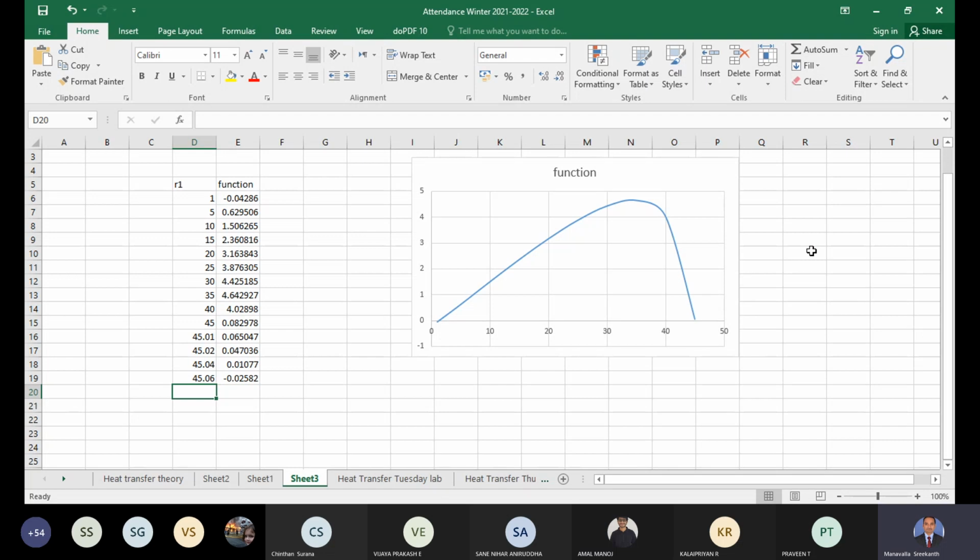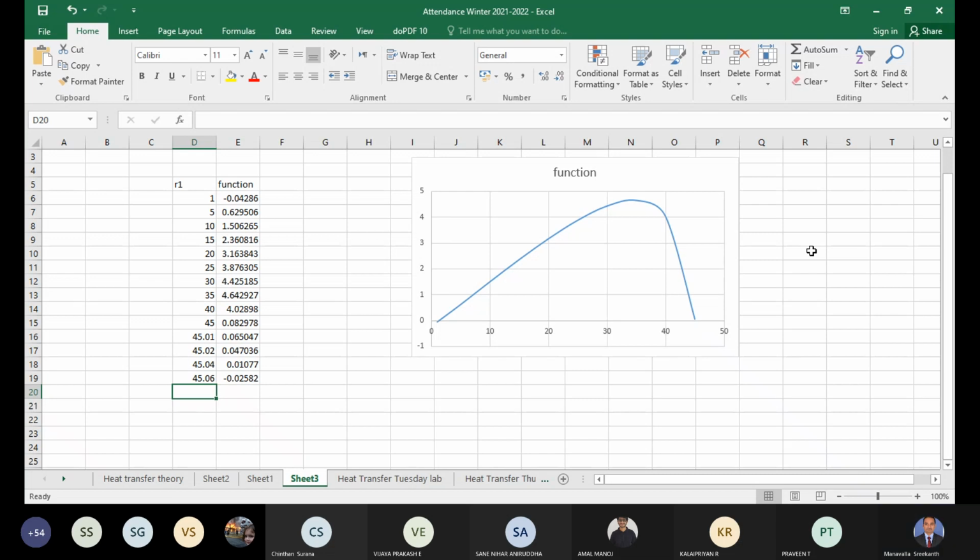Why I have to do all this exercise is because the equation that we ultimately had after writing the energy balance is a non-linear equation. It has got logarithms, and it may not be so straightforward to solve. Therefore, I have chosen what many engineering solvers do: go for an iterative method or a trial and error method. What I have done is similar, except that initially I took